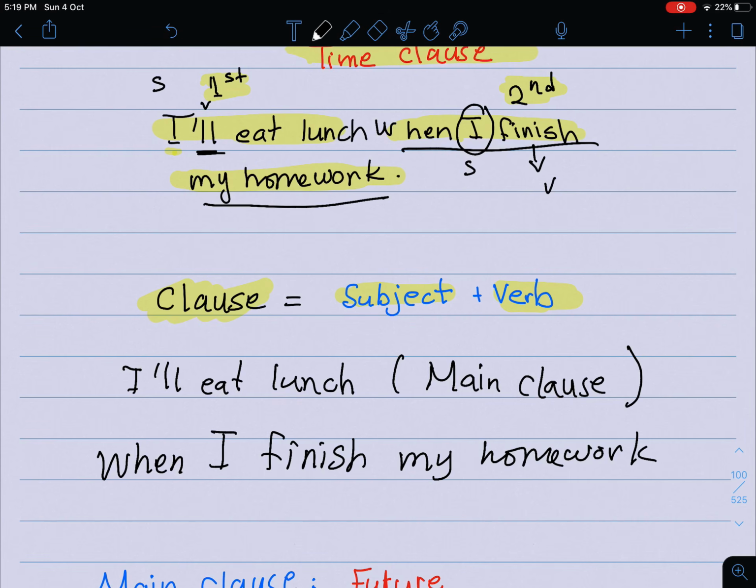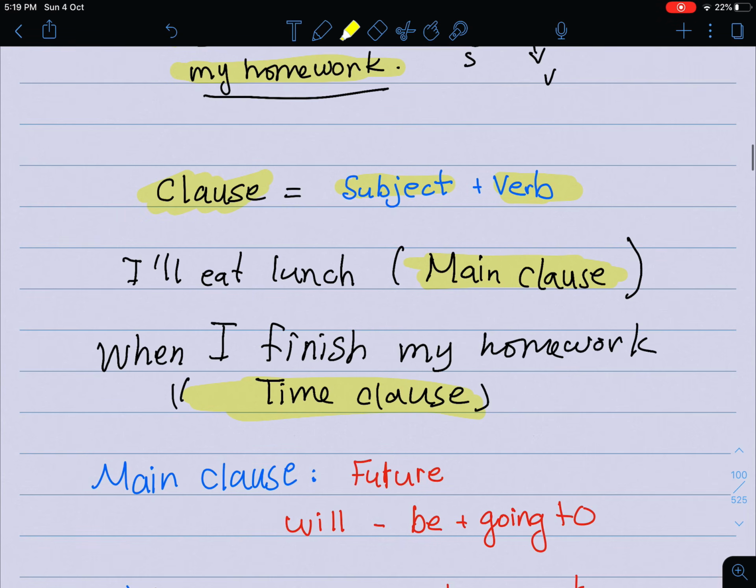Homework is, what do I call it? Is the time clause. Right? So this is the main clause, and this is the time clause. The one that gives you the main information اللي تعطيك المعلومة الأساسية is what I call the main clause, and the time clause gives you the information about time. Okay, so I'll eat lunch when I finish my